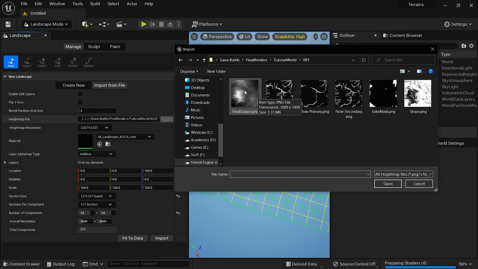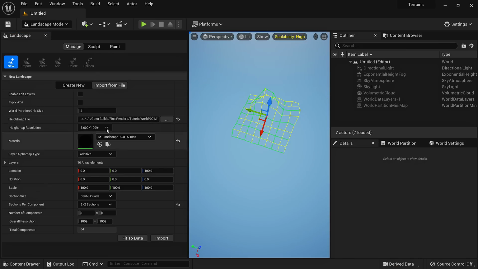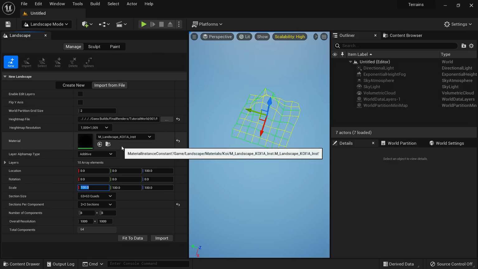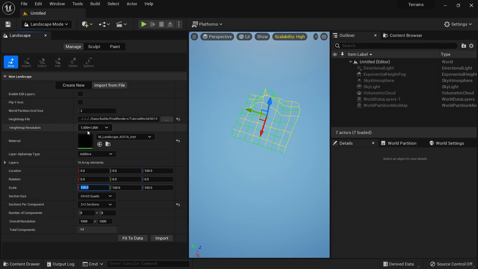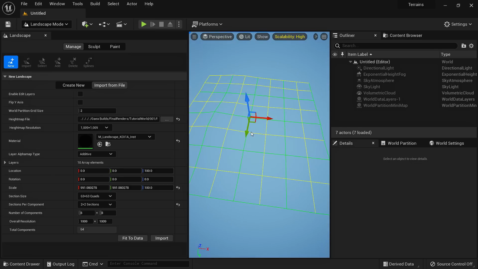Now let's go back and use the first height map that we created. We'll click final output. This is a 1009 height map, but the actual landscape was 10 km by 10 km. So we need to change the XY scale. By default Unreal is 1 meter per pixel, which means the landscape now is 1009 meters by 1009 meters. To change it to 10,000, type 10,000 here and then multiply it by 100, which is the default scale, so 2 more zeros. And then finally divide it by the height map resolution, which is 1009. So now our landscape is 10 km by 10 km.